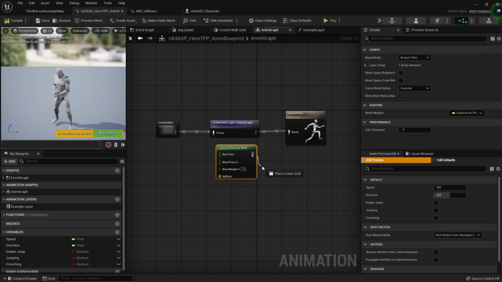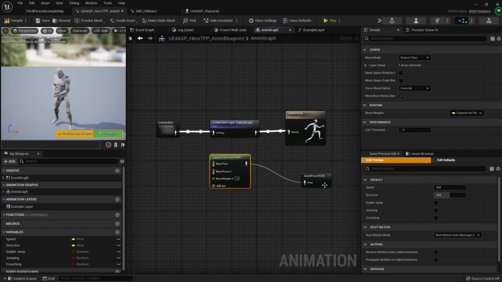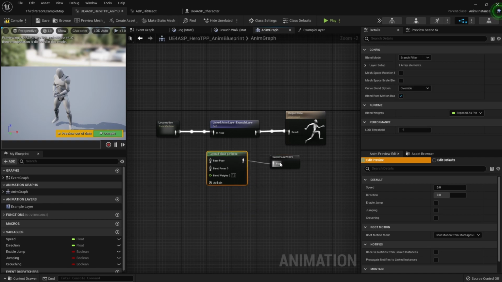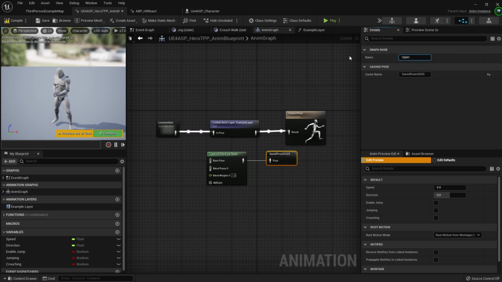So I'm going to pass this in. Actually, I am going to cache this output here. And if you don't know about caching, this basically stores all the data coming in up until the end of this node and caches it for you to use somewhere else as an input. And we're going to call this upper body